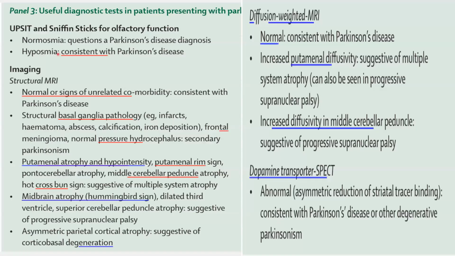Usually, most commonly, diagnostic tests are not beneficial. They are used to rule out the secondary causes. UPSIT, that is the University of Pennsylvania Smell Identification Test, these are standardized kits. From that, we can identify the smell and label hyposmia, which is typically seen in Parkinson's disease. So olfactory dysfunction, a prodromal symptom, we can identify by these examination kits.